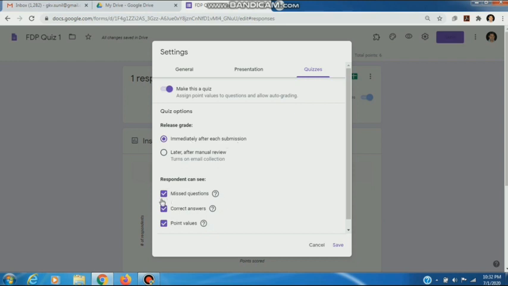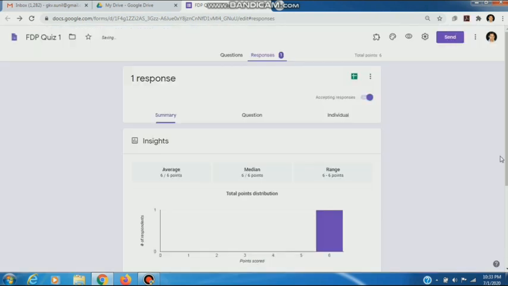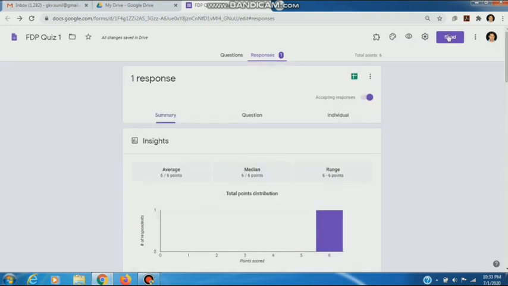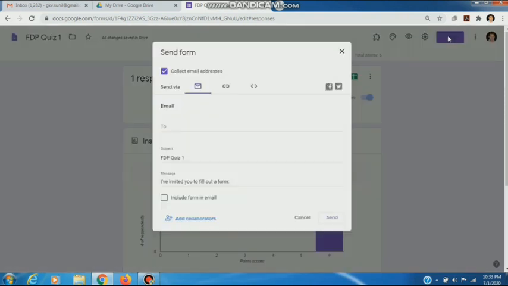Respondent can see missed questions. If you want to allow, then we will check it; if not, uncheck. I will not allow, and save. Then I can send the link of this form via mail.